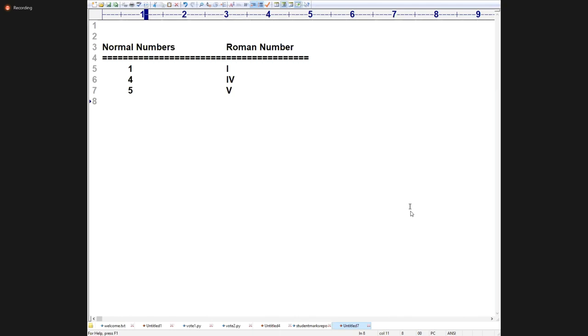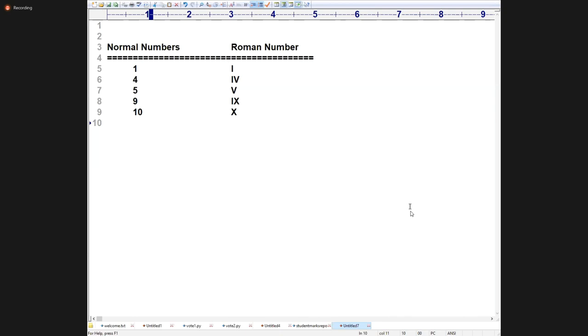Next I am taking 10, there is an X. Next I am saying 9, that is nothing but IX. Now next I am taking 50, L will be there. Now if I write 40, XL will come.